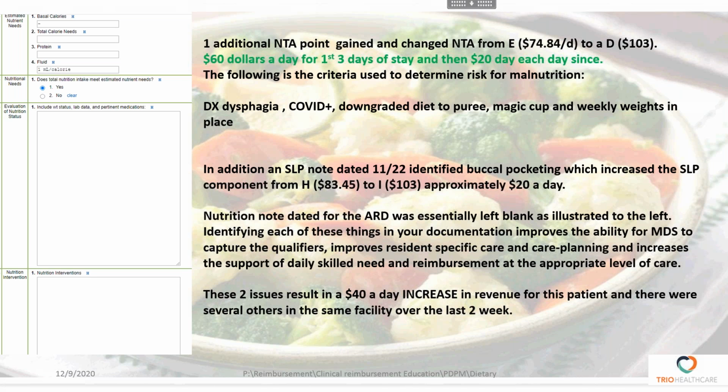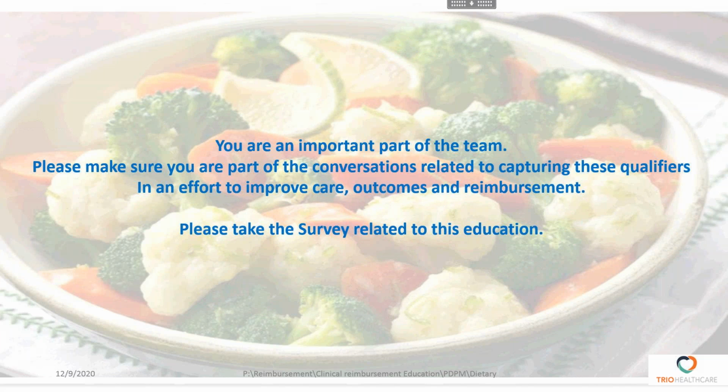So again, make sure that we have documentation that improves the ability for MDS to capture the qualifiers, improves resident-specific care and care planning, and increases a support of a daily skilled need and reimbursement at the appropriate level. You are a very, very important part of this team. Please make sure you're part of the conversations related to capturing these qualifiers in an effort to improve care, outcomes, and